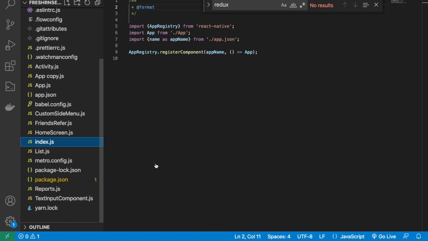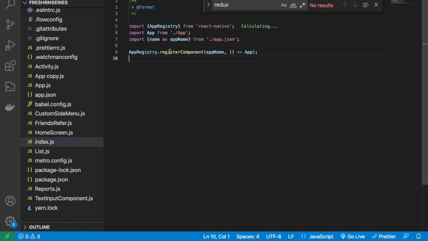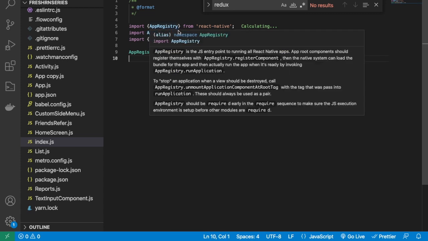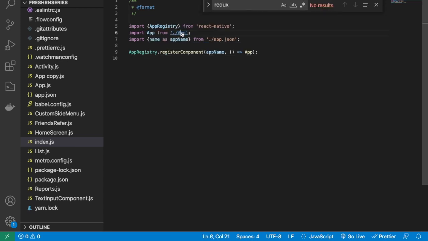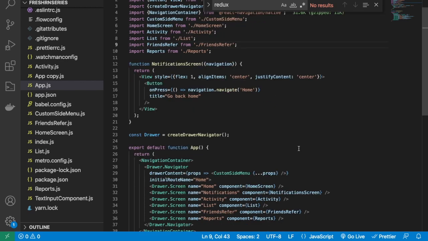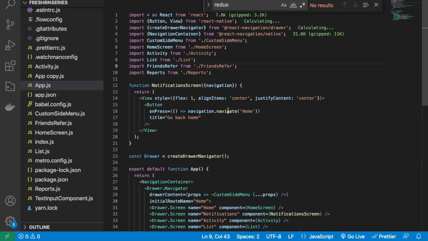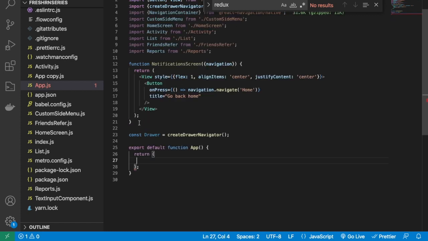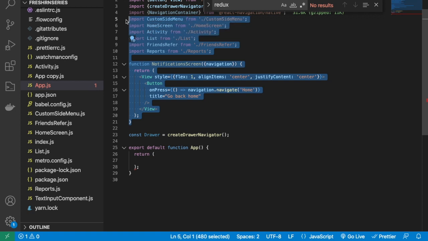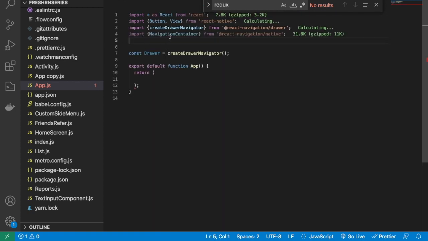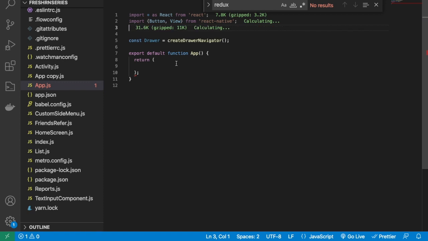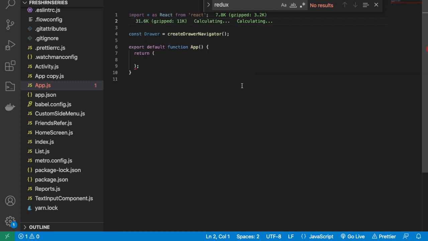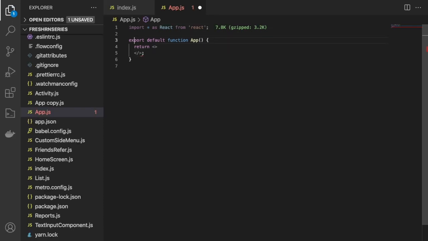This is another most important file where we are registering the component. Here we have this root app component. Let me take you to the app root component, and here you can see we have a lot of things, but we have to ignore all these. Just delete these things, and delete all other useless stuff. Deleting this as well, this as well. So now this is a very basic component. This is the root component first of all.